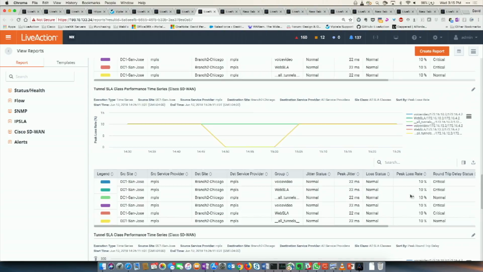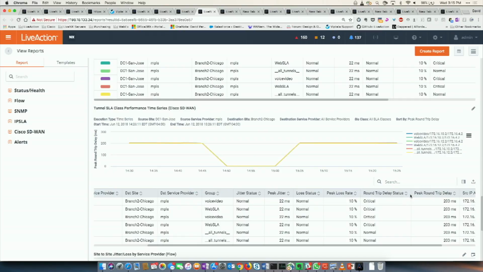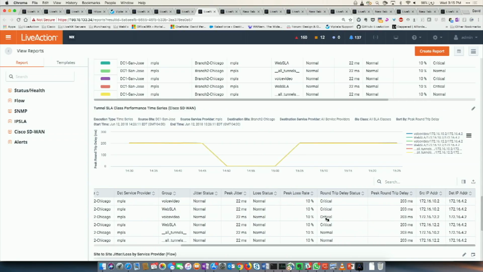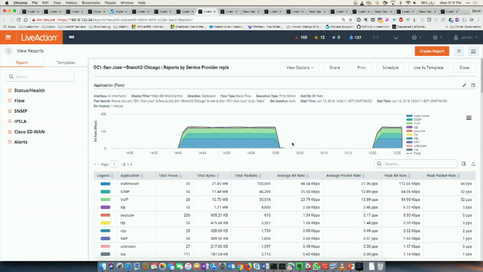So that's a little hint as far as what the problem is. As I scroll down further, notice that there's a critical issue because of delay, right? And when did that delay happen? It happened right around this time, then it dropped off, and then back again. So as I scroll up, notice that right when that delay happened, that's when that traffic came back onto the